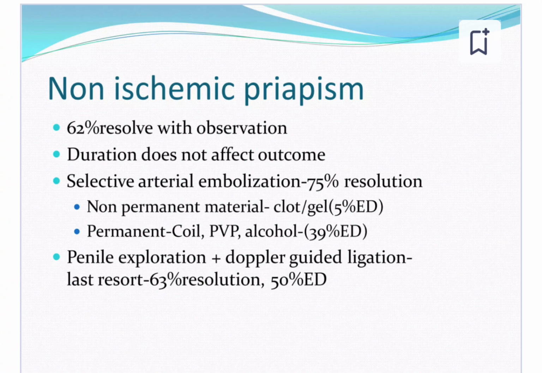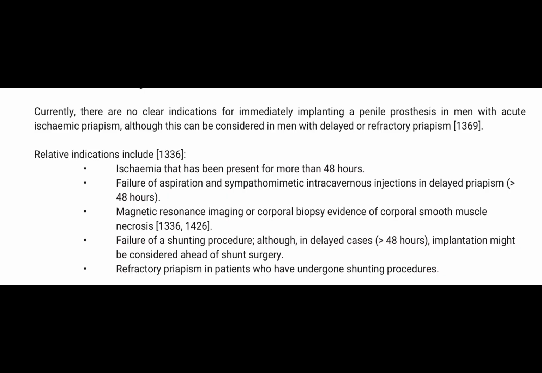If the non-ischemic priapism does not resolve spontaneously, or if the young patient wishes treatment, then perform arterial embolization. But if the patient is not a candidate for embolization, or if repeated embolization fails, then we can go for surgical fistula closure, the last treatment. Now, in case of erection from anesthesia or spinal cord injury, these typically resolve within 4 hours. However, if the erection does not resolve within 4 hours, then evaluate the patient and treat the priapism in the same usual manner as we treat ischemic priapism.